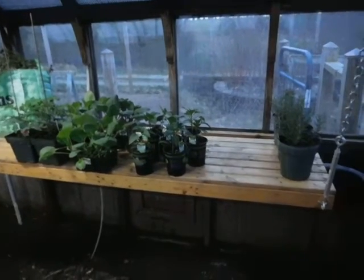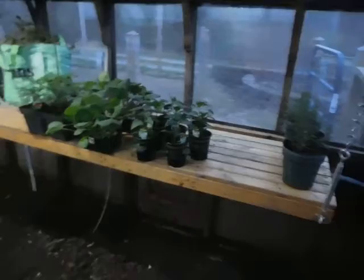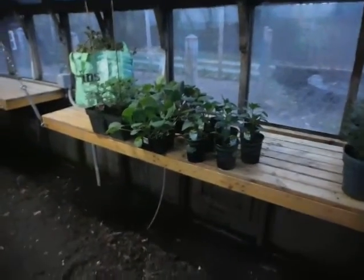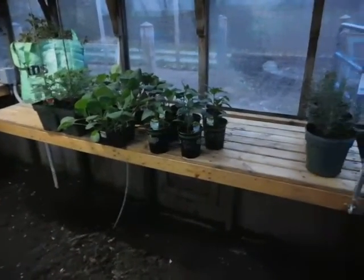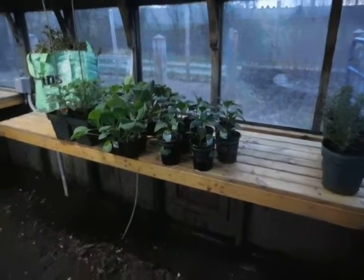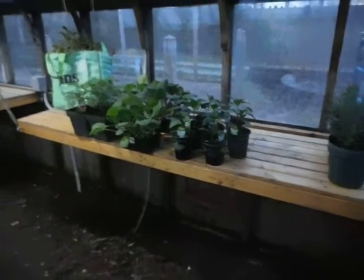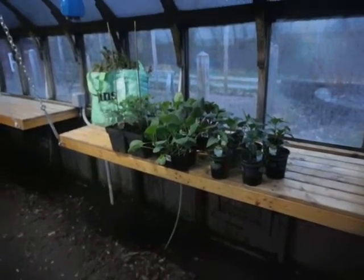Well, we're waiting for thunderstorms coming in, and you are looking at the greenhouse, as in glass house, here at Shady Grove Farm in West Virginia. I have a bunch of peppers and stuff that are ready to go in. I'm going to be setting up my seed trays, which are on heated pads, thermostatically controlled, for